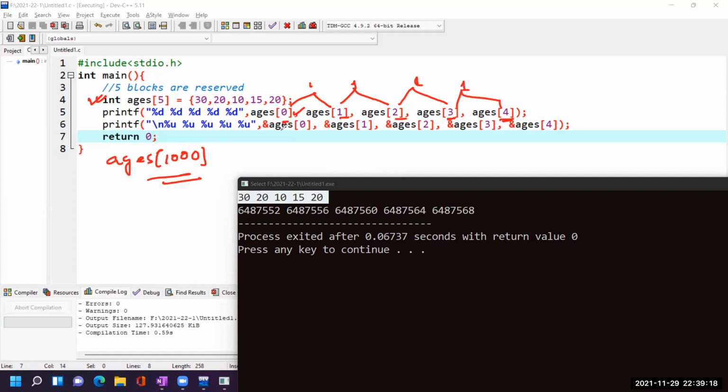It would take an hour to print all 1000 values because I need to type them one by one, and there is a high chance of error, such as miscounting the locations. So instead of hard coding the index inside the square bracket, like 0 or 1 or 10 or 100, we can generate the index using a loop because their differences are 1. So let us see how to use a for loop to generate the indexes.